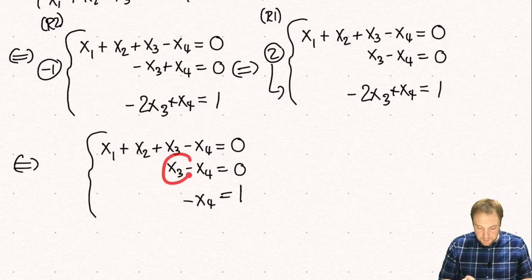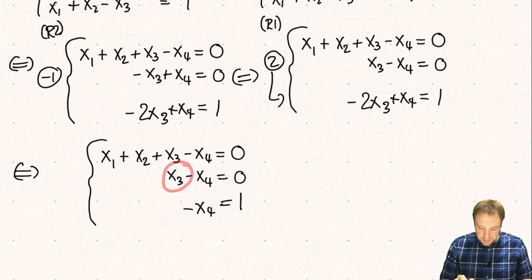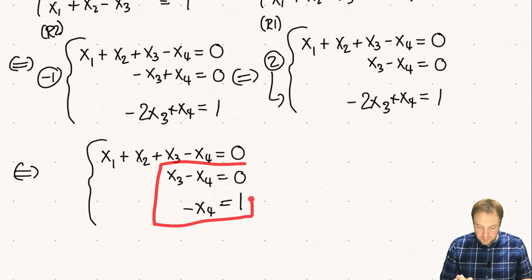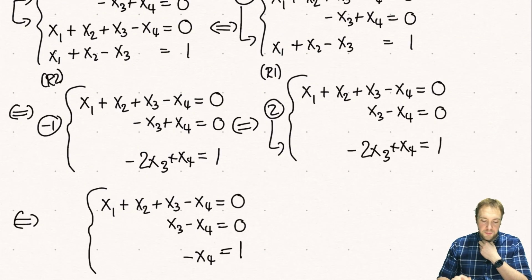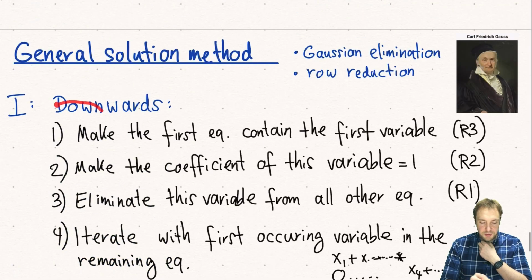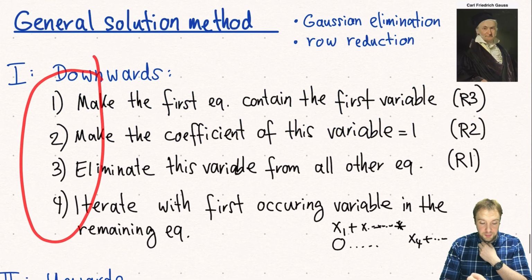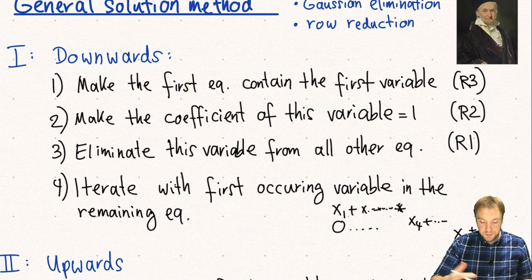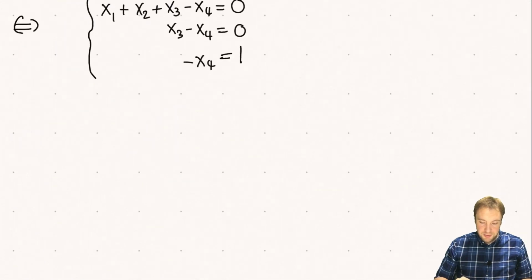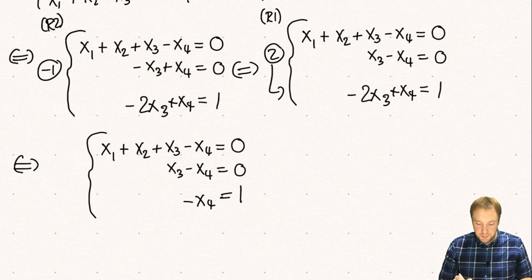So now x3 here in the remaining part just appears in this equation and not below, and therefore we finished these 3 steps for x3, and we now go to the next equation, or we just consider this linear system